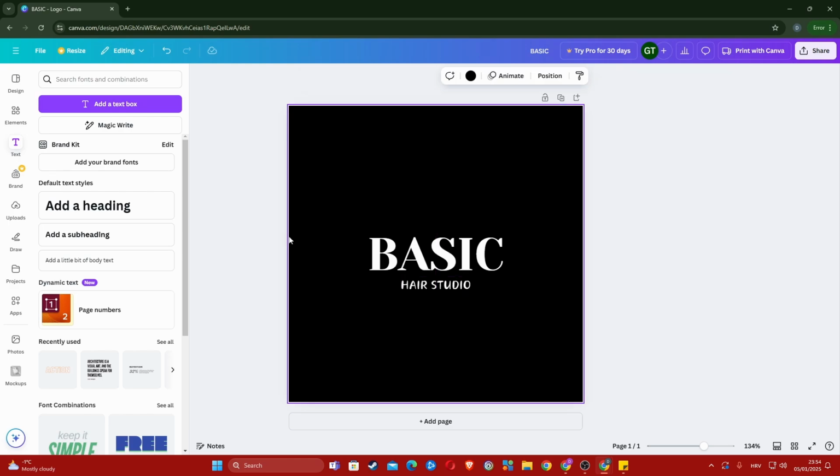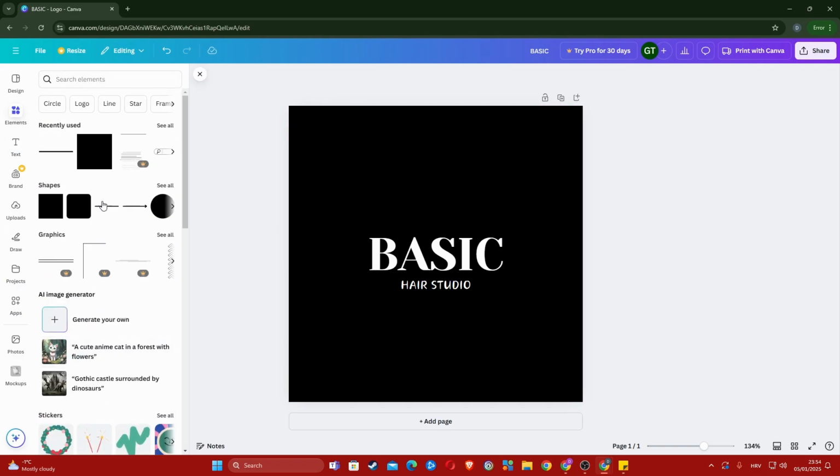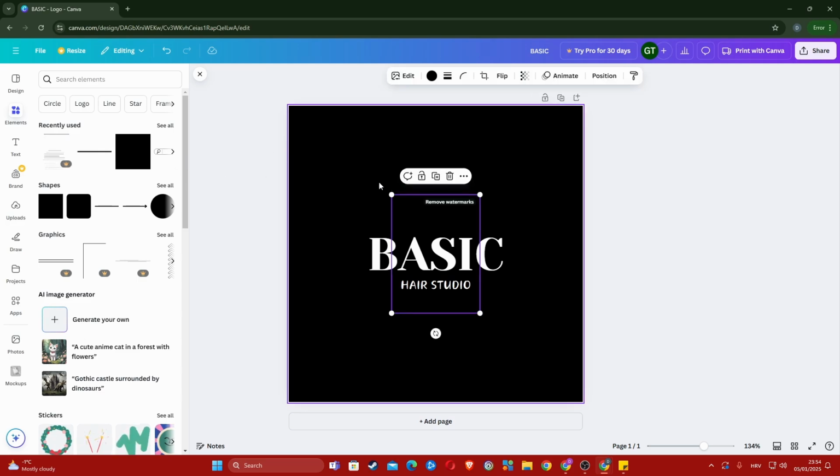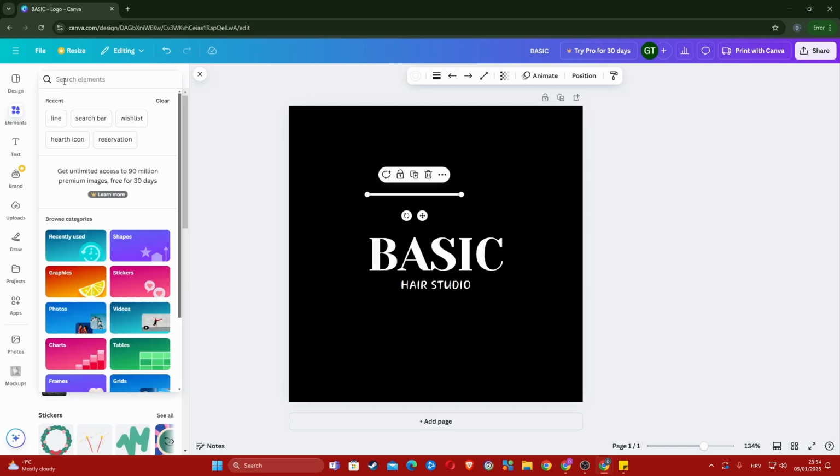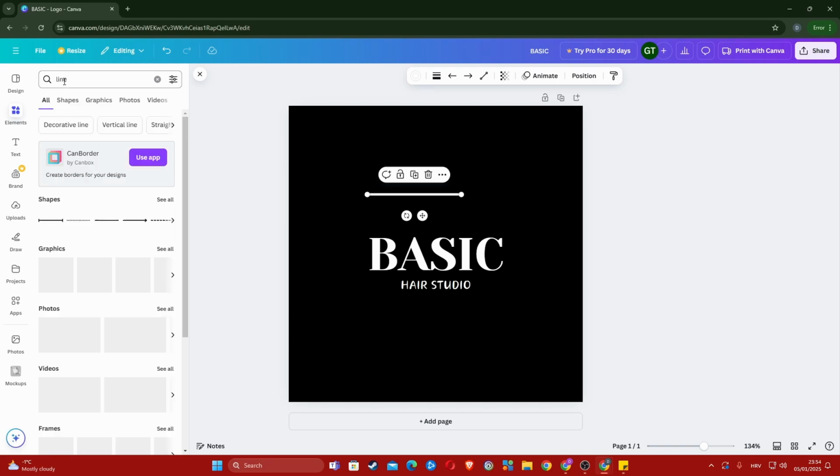Perfect. So now what we want to do is, I still feel this is kind of empty, and we need some more stuff. So what we can always do here is we can go to elements, and here you can see like different lines, circles, lines, whatever. So let's use just regular line. If you cannot find it here under shape, you can always type here. So for example, if we type in line, see you get different shapes,